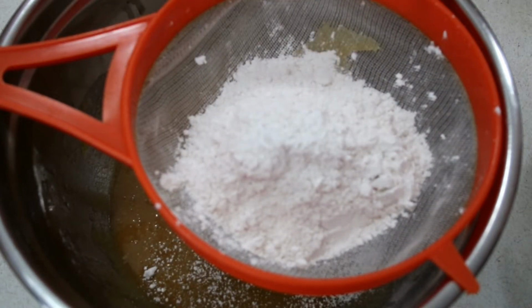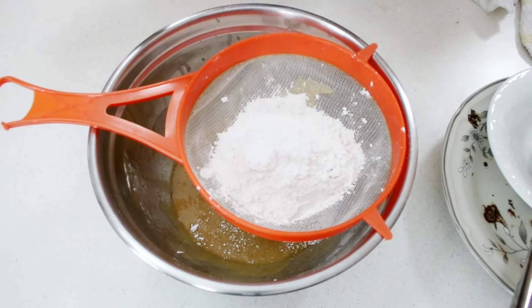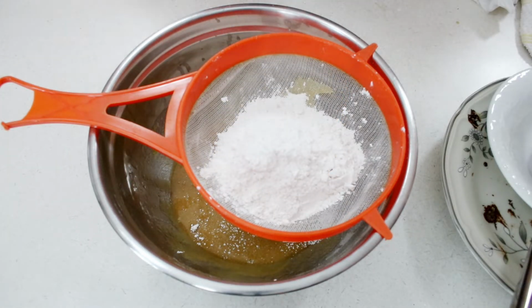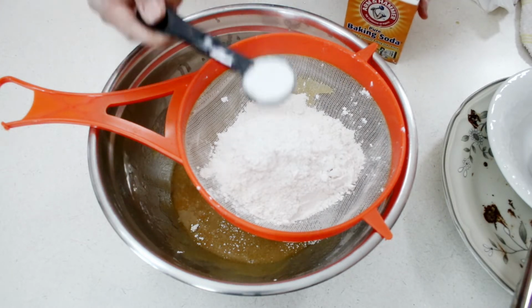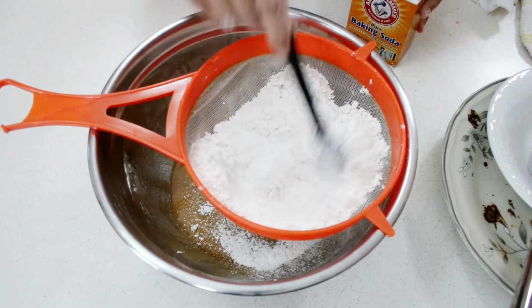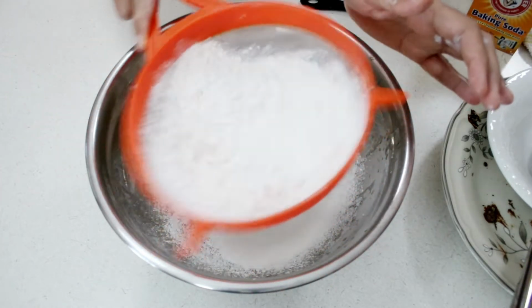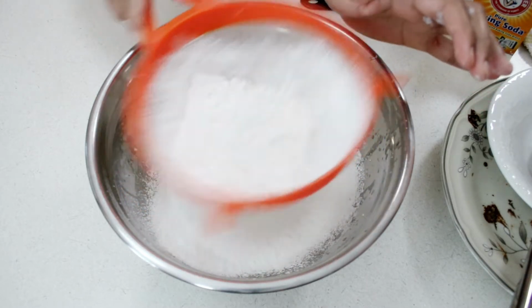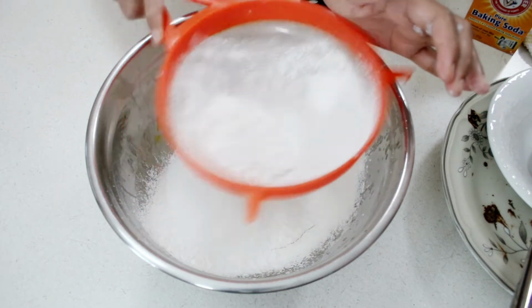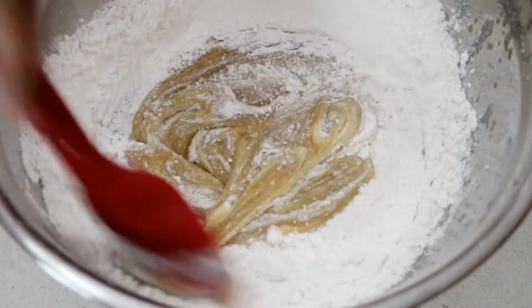And to that, we're going to need some baking soda. Make sure your baking soda is nice and fresh. I like to just kind of give it a gentle mix before I add it in the bowl. And we're going to need 1 teaspoon of baking soda. We want to make sure that that baking soda is also evenly distributed throughout our cookie. So I give it a mix in my little sieve here before I go ahead and sift it all throughout. We're going to start to incorporate this until it is halfway mixed in,